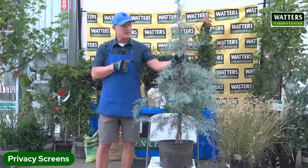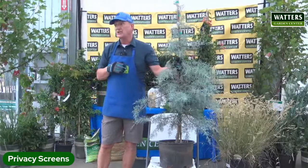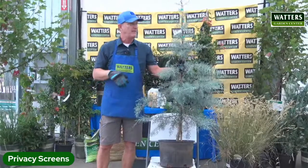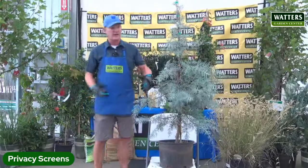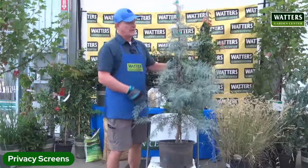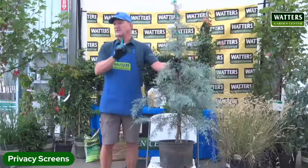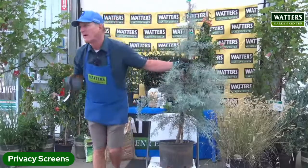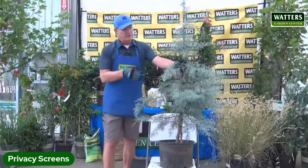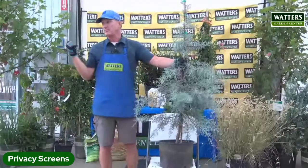So Arizona cypress, unfortunately, they want to be in the ground. They don't get thick until they get rooted. Once they get rooted, they start putting in the side growth. Otherwise, they just want to go to the sky. In a bucket, they just want to grow straight up without getting full, no matter how much we try. But if you put it in the ground, by this time next spring,